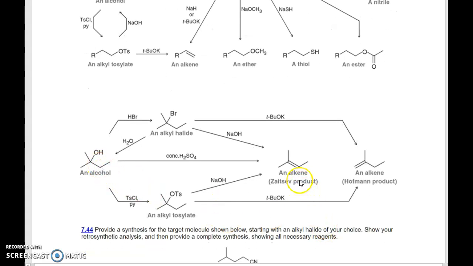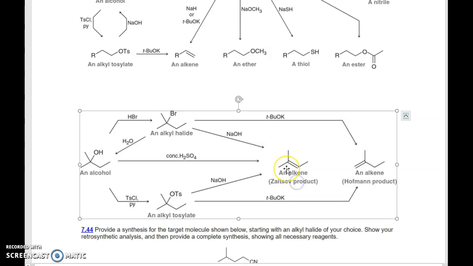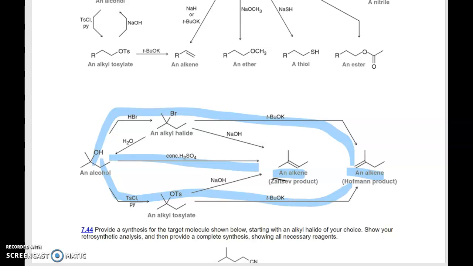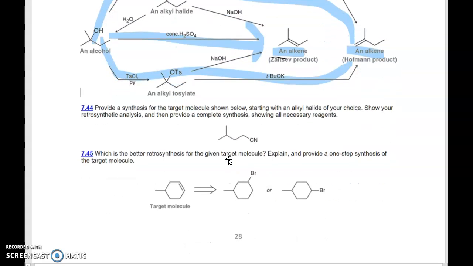If we want to make these two alkenes, we can go through this path, or we could go through this path, or we could go this way. So there are lots of different ways we could go, and the different paths will provide differing amounts of the two different products. So let's look at some examples of synthesis. Provide synthesis for the following molecule,